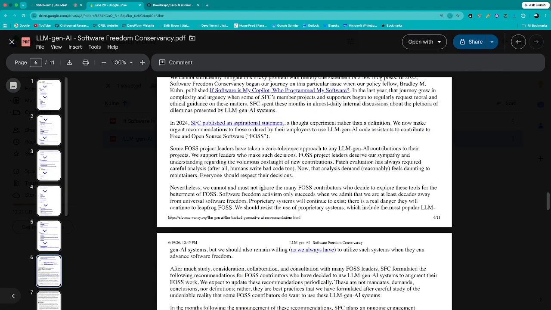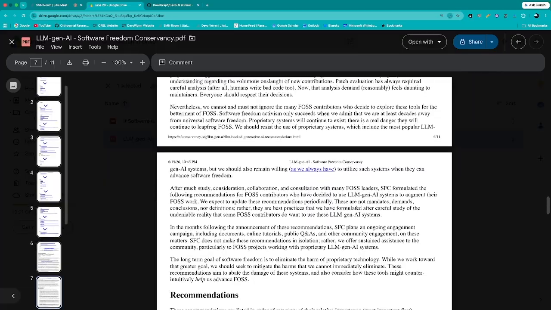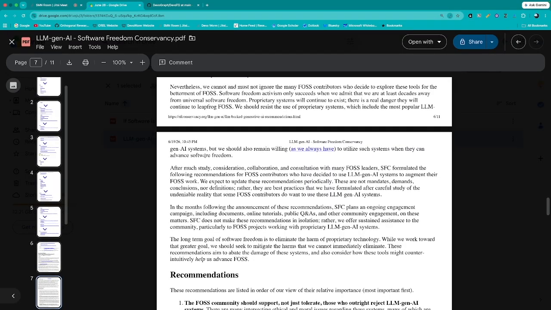Nevertheless, we cannot and must not ignore the many FOSS contributors who decide to explore these tools for the betterment of FOSS. Software freedom activism only succeeds when we admit that we are at least decades away from universal software freedom. Proprietary systems will continue to exist, and there is a real danger they will continue to leapfrog FOSS. We should resist the use of proprietary systems, which include the most popular large language model AI systems, but we should also remain willing, as we always have, to utilize such systems when they can advance software freedom.